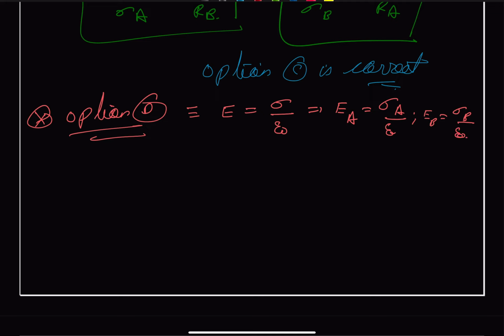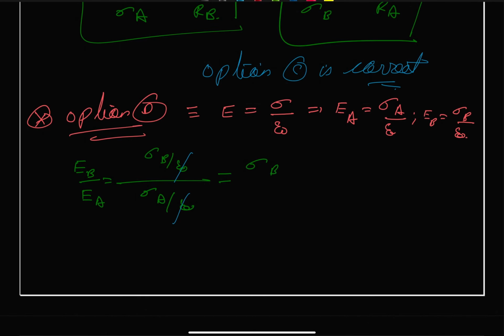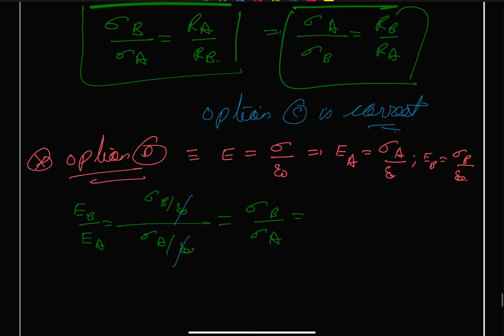We find the ratio. So we get EB upon EA is equal to sigma B upon epsilon naught over sigma A upon epsilon naught. Epsilon naught cancels out. This comes as sigma B upon sigma A, and sigma B upon sigma A we know is RA upon RB,